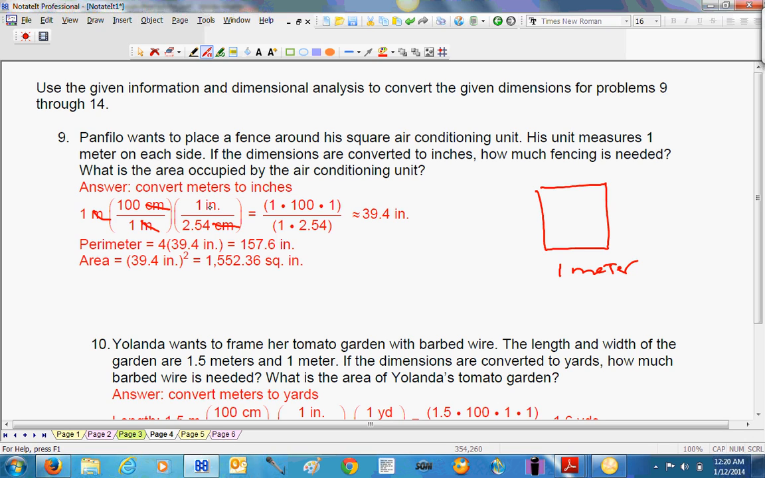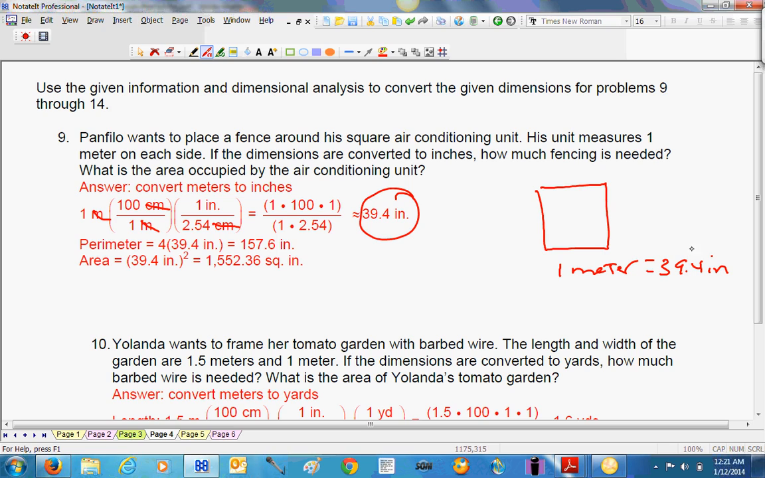So the only thing now we're left with is 1 times 100 times 1 inch. So again, we're left with our inches. And then on the bottom, we have 1 times 2.54. And then we simplify. So what are we talking about? If we're going to do the perimeter, it'll be 4 times, because see, now we've gotten it to